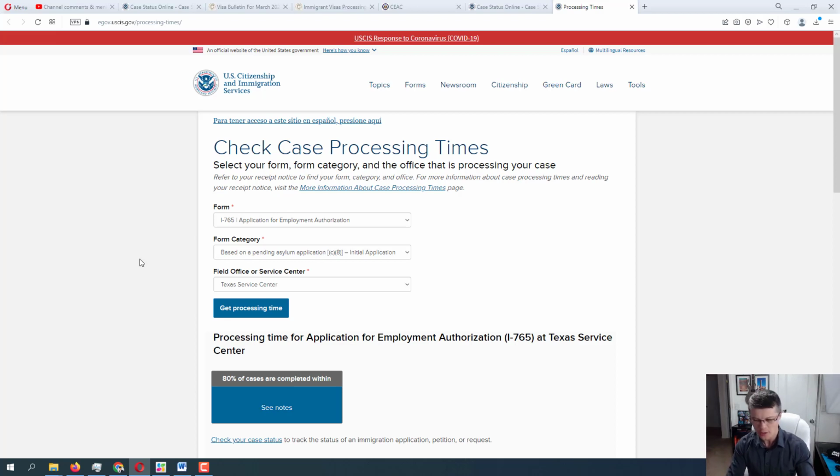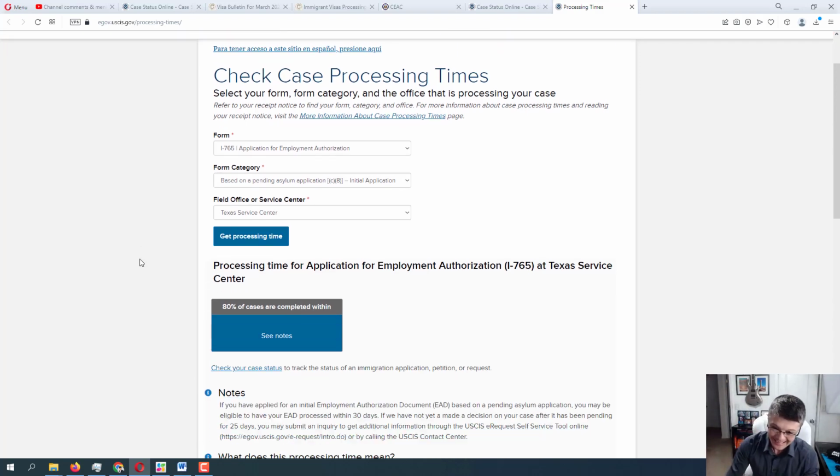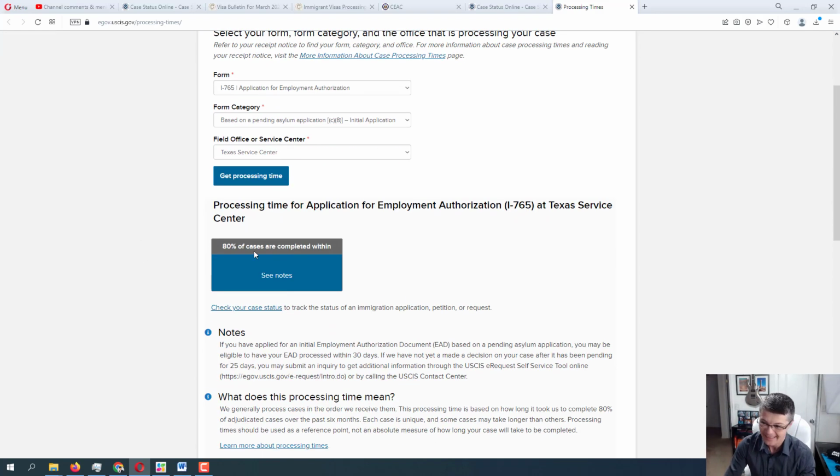So 30 days, I would say, is pretty ambitious for USCIS. It used to be about 3 to 4 months for the processing of Employment Authorization Document applications in general, including the pending asylum applications. But now, as you can see, they're trying to do 30 days. Again, it's not guaranteed.